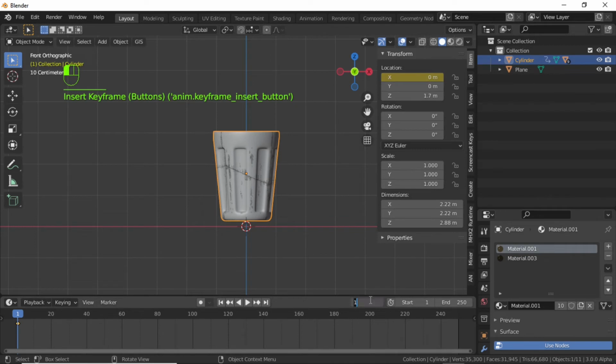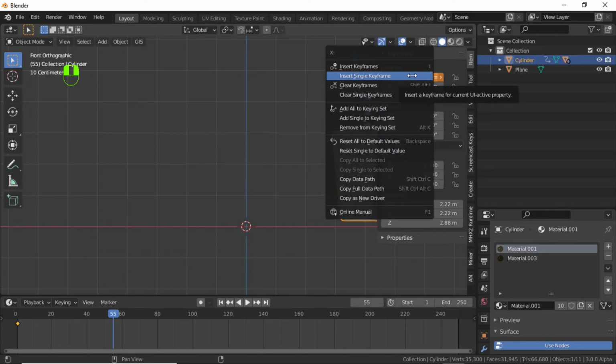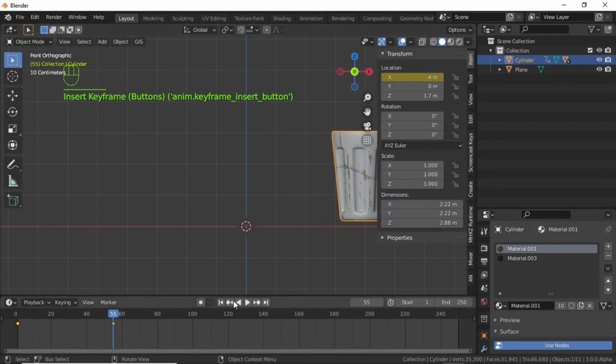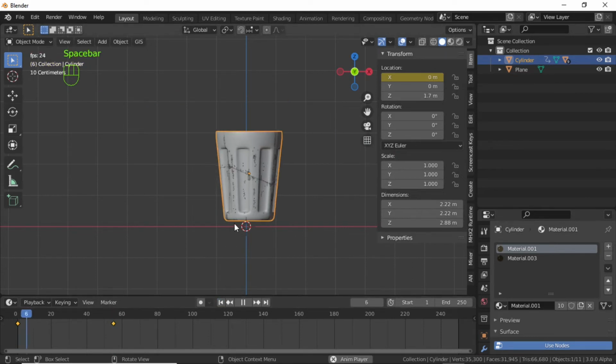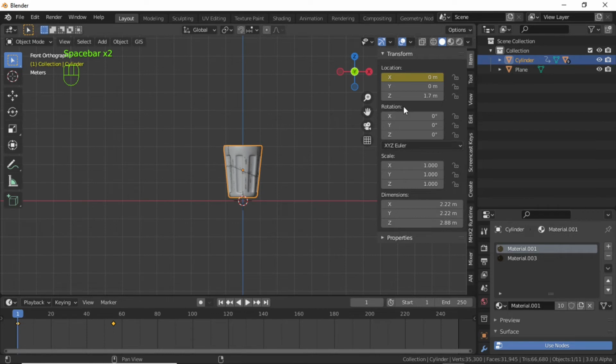Change keyframe value to something like 55, you can take whatever you want, and change its location, that is 4. Then right click and select here insert single keyframe. Now press space bar and you can see this type of animation. Also move it on Z axis like this.